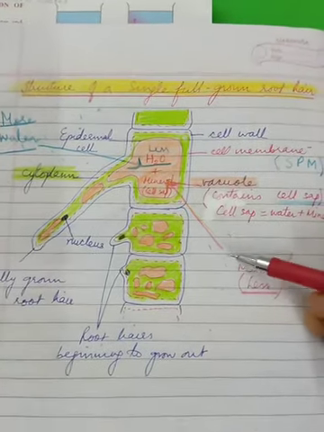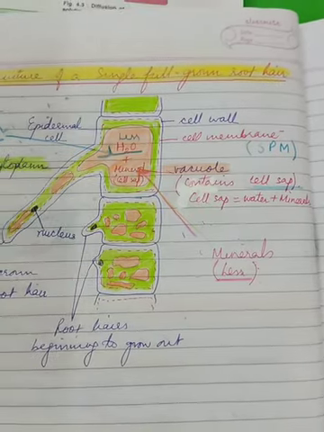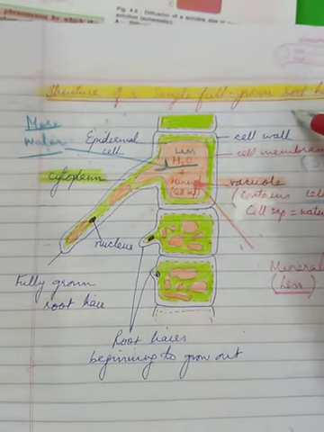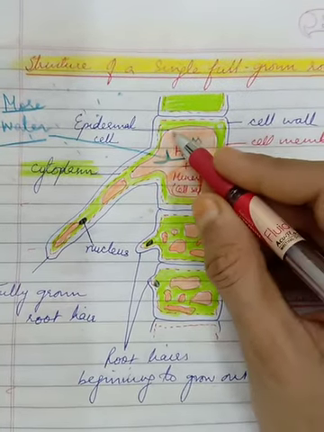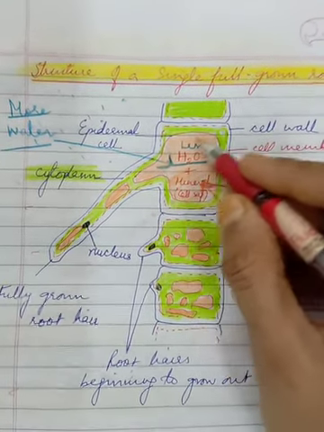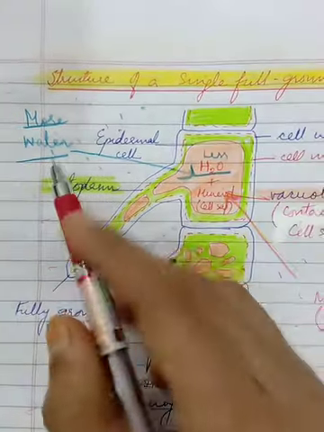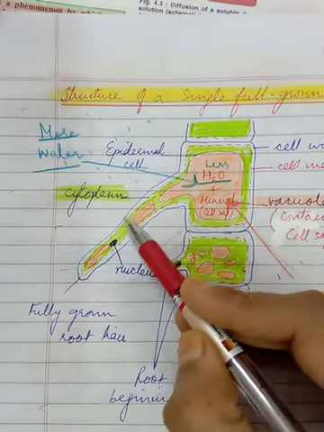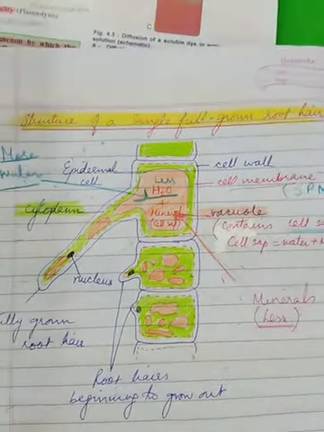Here what I am trying to tell you is to comparatively understand where water is more and where it is less. This is soil outside, and this is a root hair. So the cell sap here is highly concentrated, I have told you. Highly concentrated means more solutes and less water. So water is less, I have written it less, and outside is comparatively more water. And there is semi-permeable membrane. What is semi-permeable? The cell membrane. This is SPM.